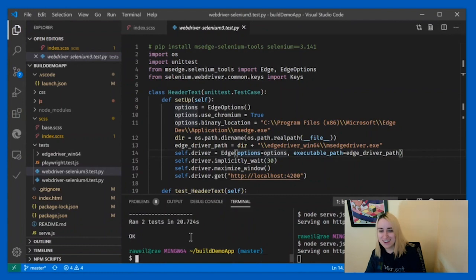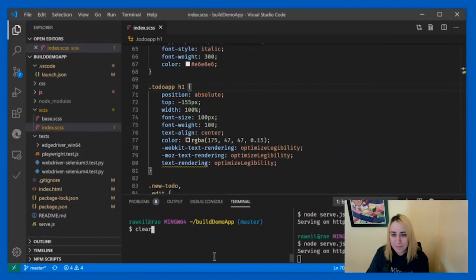And yes, awesome. So there's also now Selenium 4 available in alpha that has built-in support for the new Edge browser. So if you're able to upgrade or you're interested in checking that out, the process is actually really similar. You'll see I have an NPM script here in my code base that installs Selenium 4 via NPM. One benefit is that Selenium Tools for Edge, again, is built in, so you don't have that extra pip install